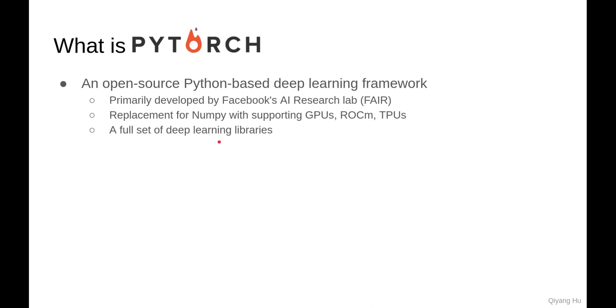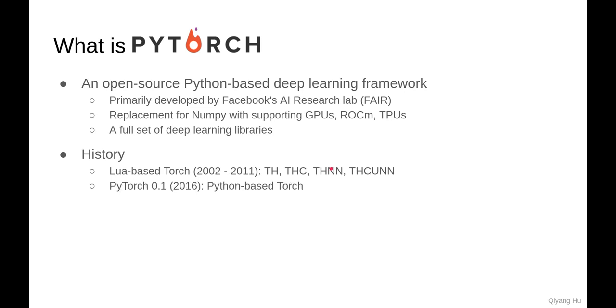As its name indicates, PyTorch comes from Torch. It is a 2002 project. Torch is a group of internal libraries implemented in C or CUDA. They name it TH, meaning the first letter and last letter of Torch. The internal libraries include TH, THC, THNN, where NN means neural networks, and also THCUNN, where CU means CUDA-based neural network libraries. PyTorch began as an internship project at Facebook by a man named Adam